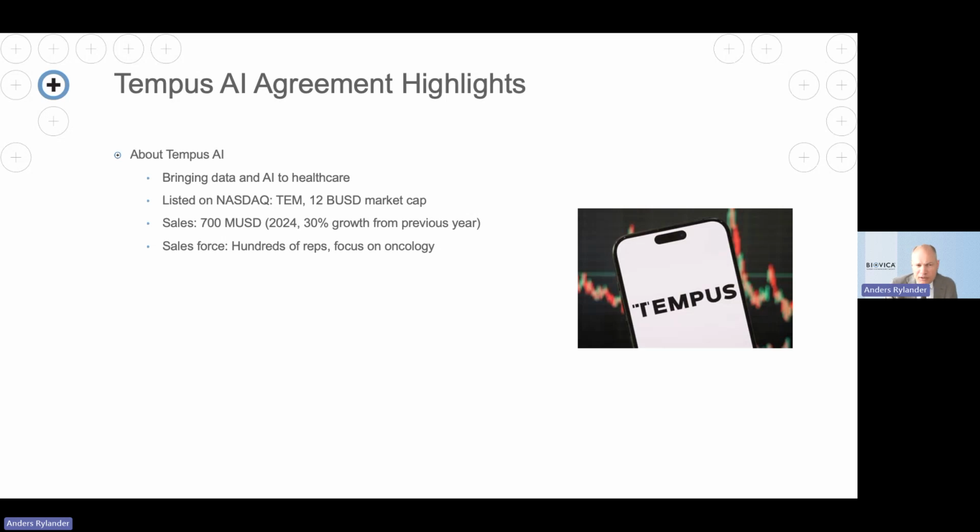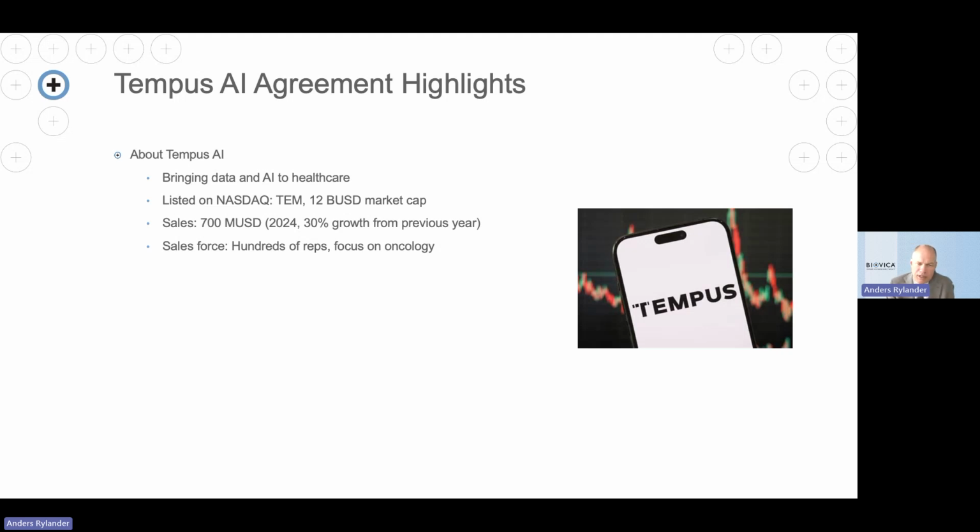We also signed an agreement with a company called Tempus AI. Tempus, I think, is interesting in many ways. It's a diagnostic company, but the founder has a background within the tech industry in IT, hence the name Tempus AI. It's based on the large database that they are building out based on the diagnostic data that they're generating. The company is listed on Nasdaq since June last year, and has a market cap of $12 billion US. And from 2024, they have